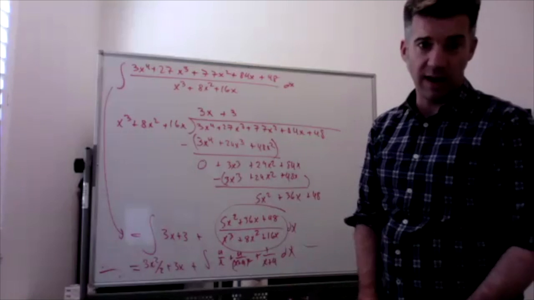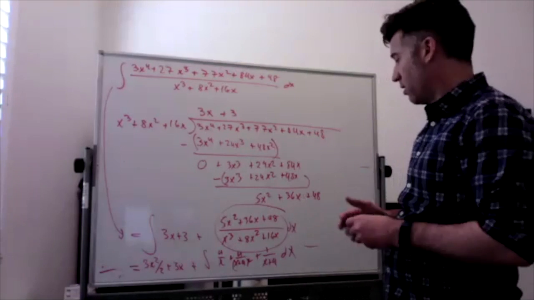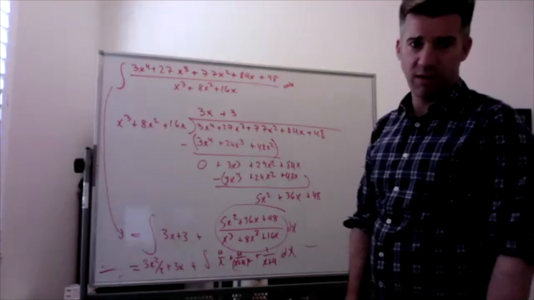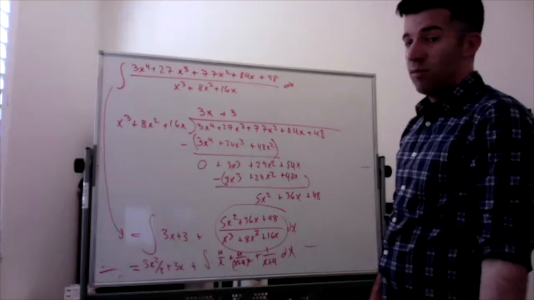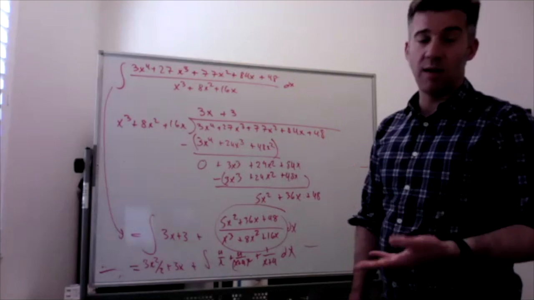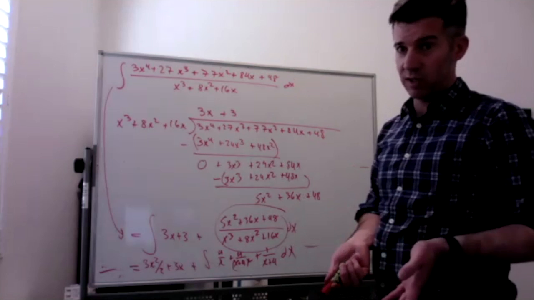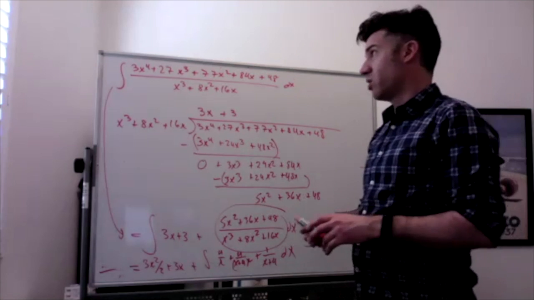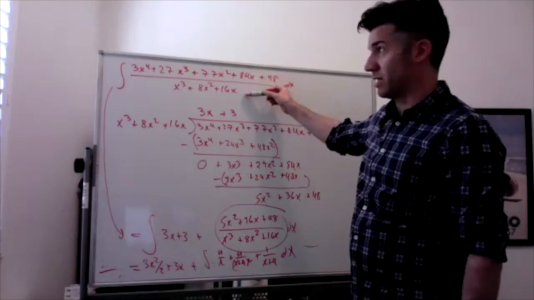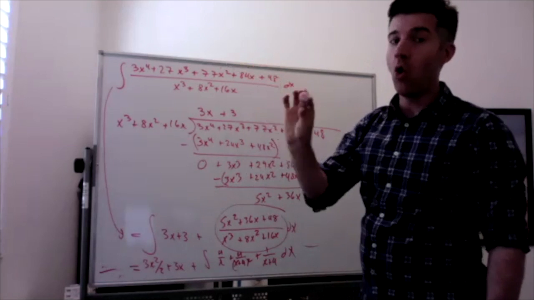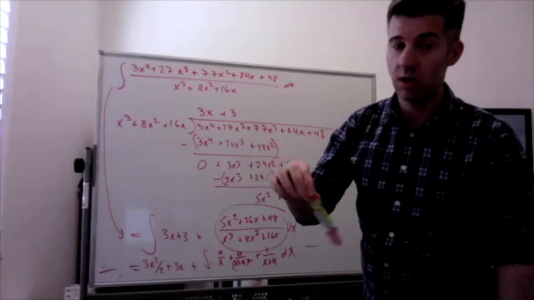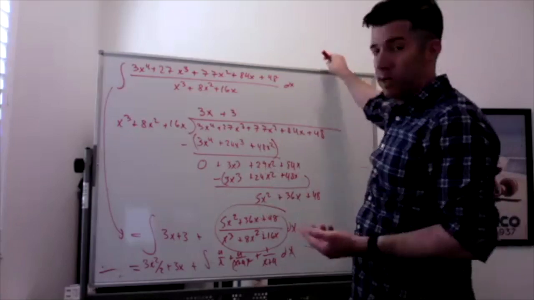And then you could integrate that, which is a giant pain in the butt. I mean, the whole problem. The nice thing about this is the numbers did come out nice, right? You don't have ugly fractions as your constants, but it's still a lot of work. So when you have a rational function like this and the degree on top is greater than or equal to the degree on the bottom, you have to do this process. I want to point out,